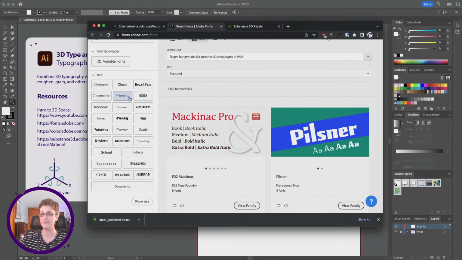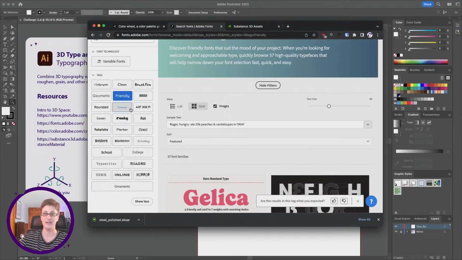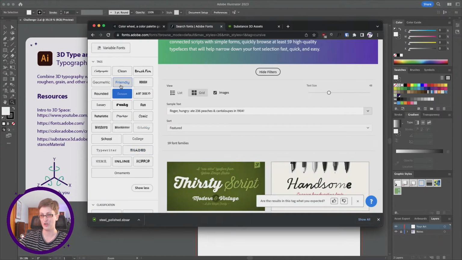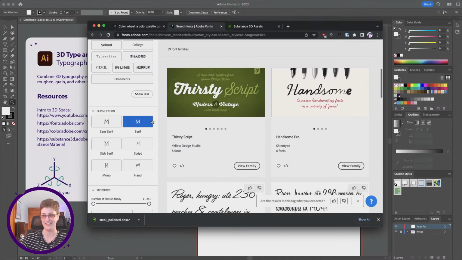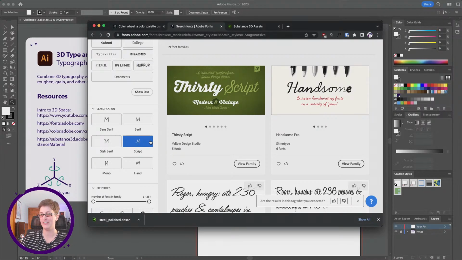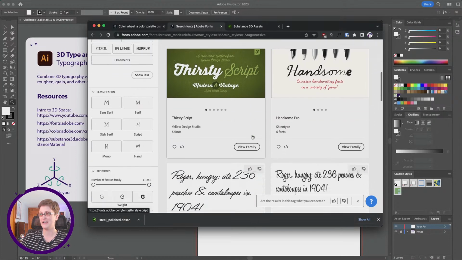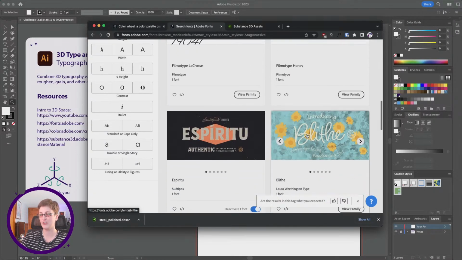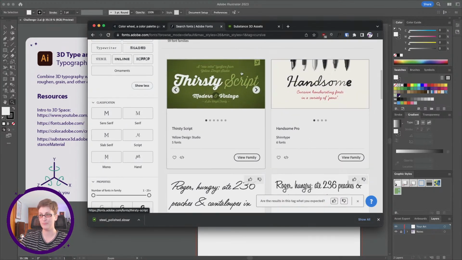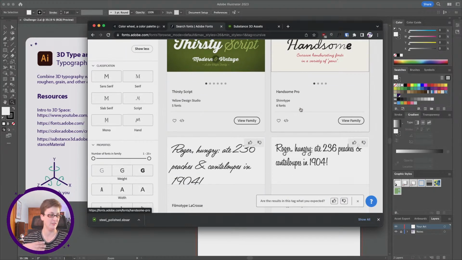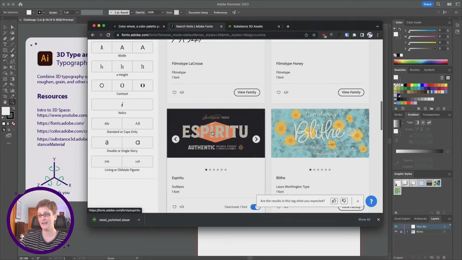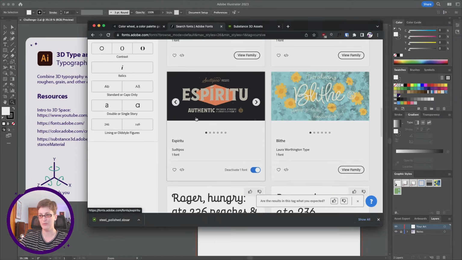Valentine's Day, I'm thinking friendly. I also think that script fonts are really nice. You can either choose cursive up here, or you can pick scripts down here to filter the classification for the font. Just scrolling through, I personally love these little mock-up previews that show you what the font looks like in context. In fact, that is what led me to pick one of the fonts that we're using